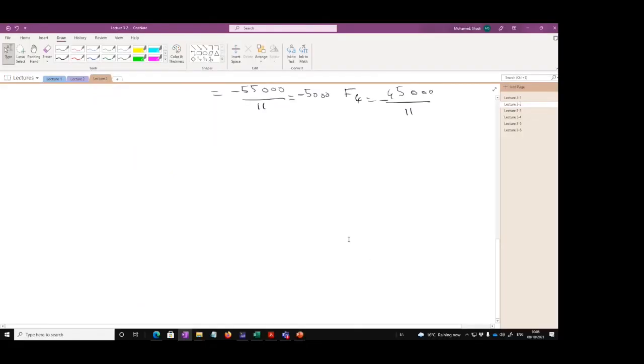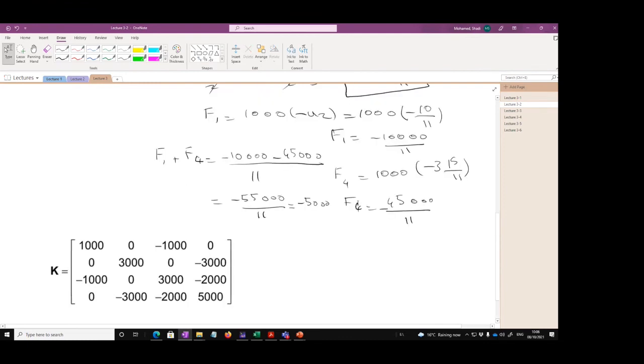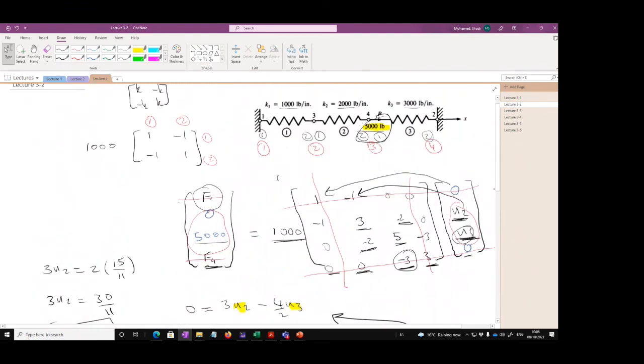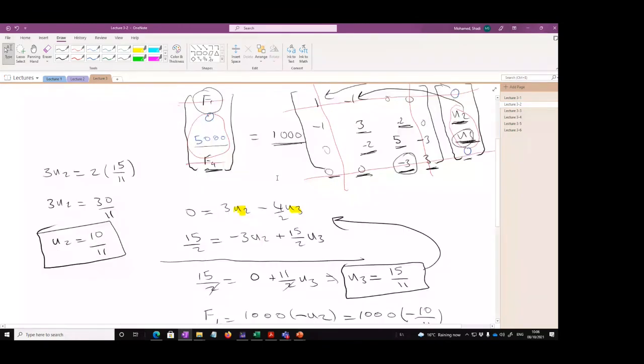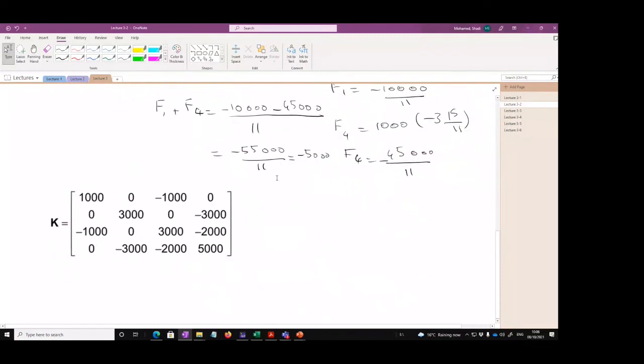The original matrix I had, this is the matrix we have from the example. And this is the matrix we created. Probably this is too messy. I'll just write it down. I hope I don't make mistakes in copying it. So the second matrix we have was K equal to